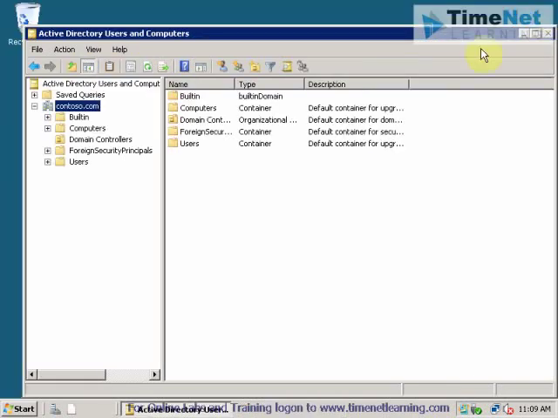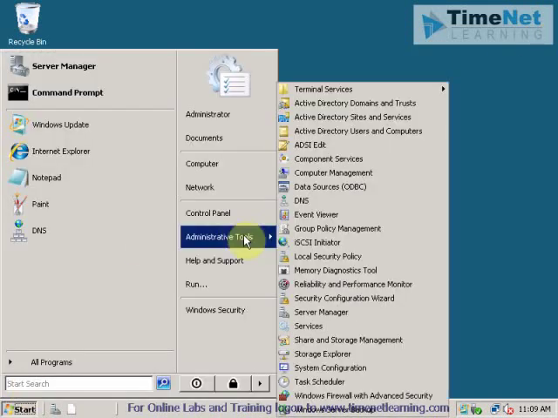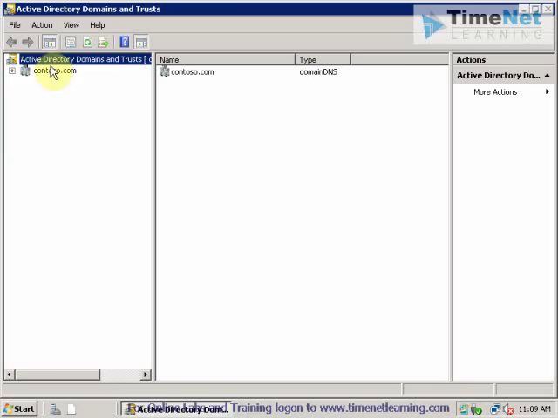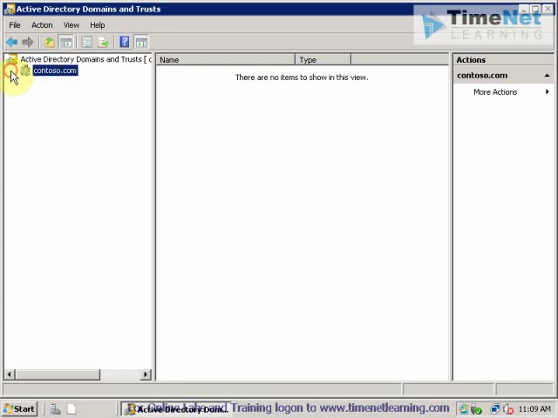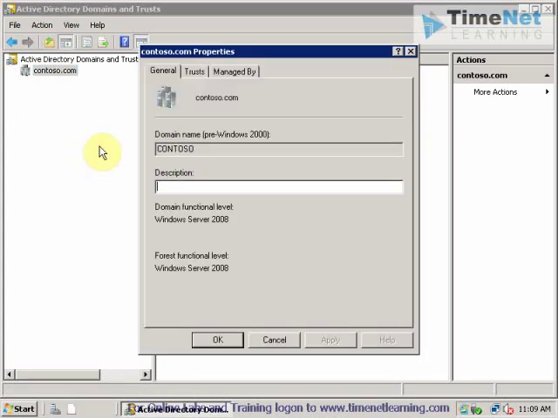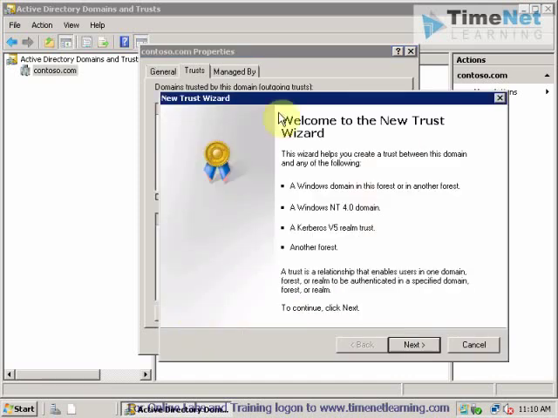For creating a domain or forest level trust relationship, you have to go to Active Directory Domains and Trust from the administrative tools, and you can right click on the domain, take the properties of the domain and click on trust. Here you can see that I do not have any kind of trust relationship for now, so I can click on new trust and the new trust wizard will come up. I can click on next,